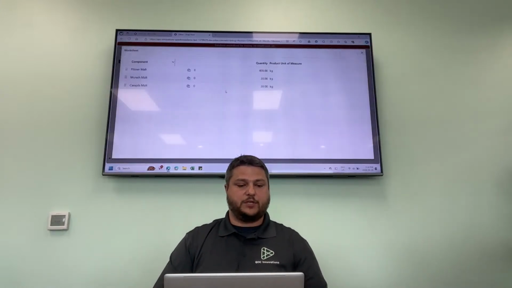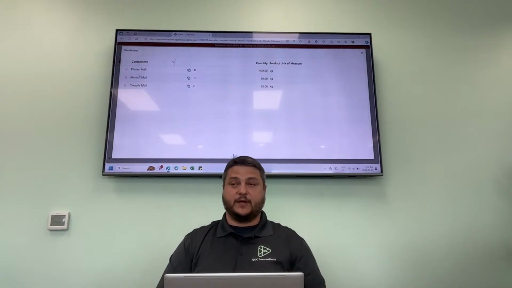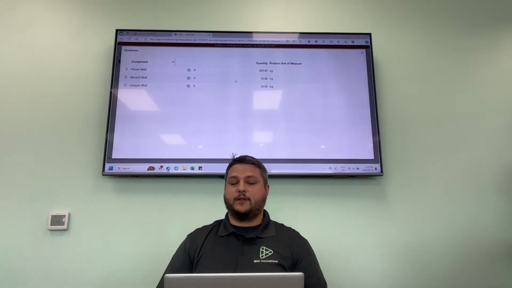I'm going to click on my worksheet and I'm going to see, oh, here's a copy of my recipe, because that step says I need to crush all of these grains. So I'm going to grab 400 kilograms of Pilsner malt, 30 kilograms of Munich, and 20 kilograms of Carapils